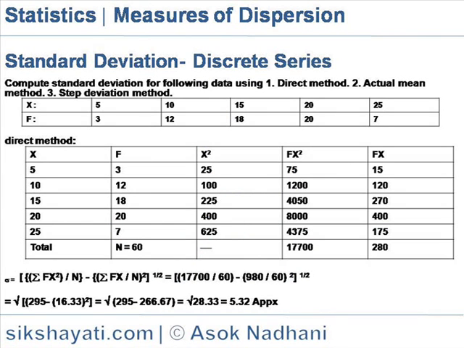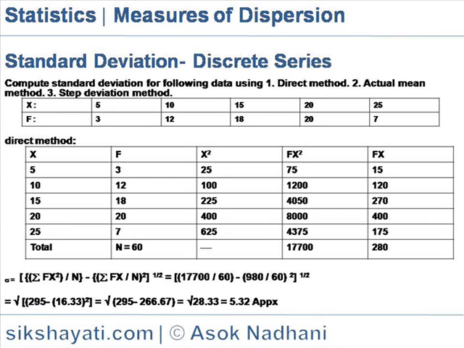Standard deviation, discrete series. Compute the standard deviation of the following data using the direct method, actual mean method and step deviation method. The first row shows the value of x, the series, and the second row shows the respective frequency. So we create the table, first row showing the value of x, second the value of frequency, third